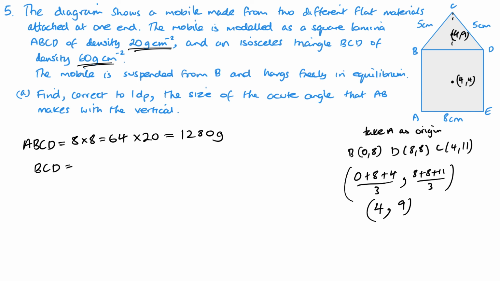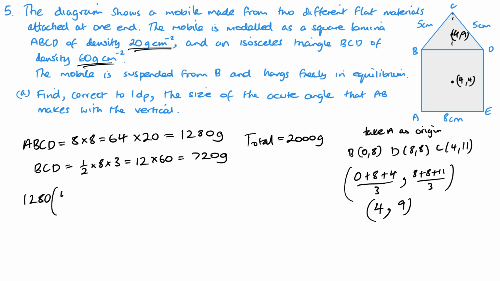So the triangle, B, C, D, has a base of 8, doesn't it? So it's half times 8 times 3. So 12 times by 60. So 720 grams. And looking at my total here, 2000 grams. Now, should be quite straightforward from here. So 1280 times by 4 plus 720 times by 9 equals 2000 times by,